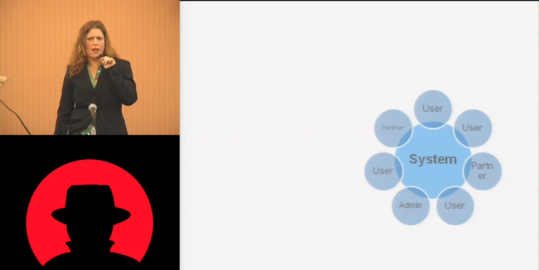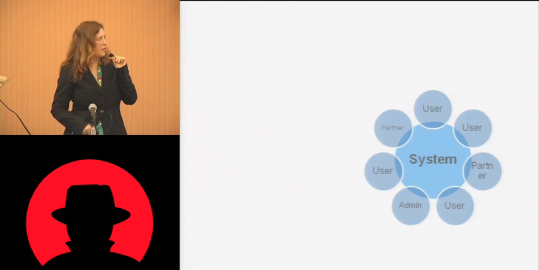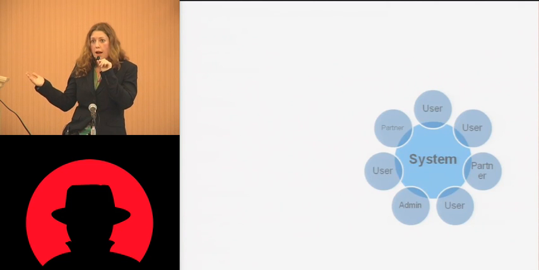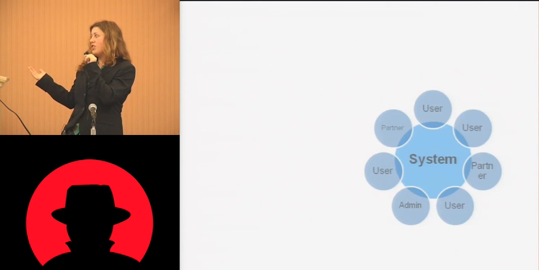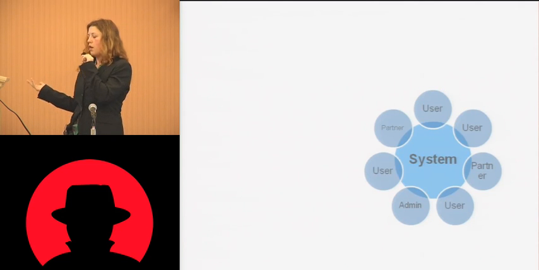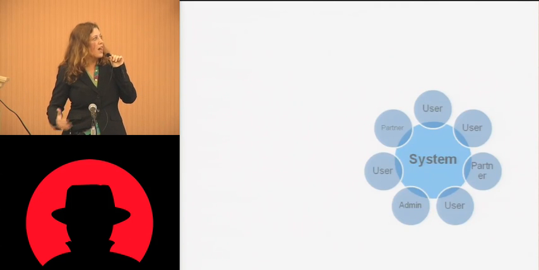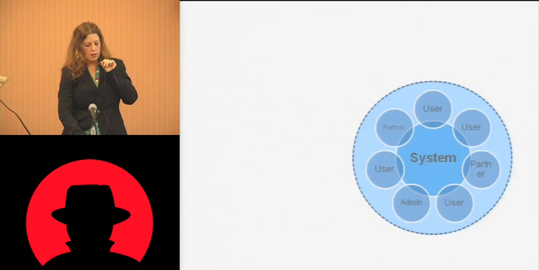However, that's not really the reality of how our systems work, right? No system is, what's the word? Wholly unto itself. No man is an island, and no system is either. Our systems don't exist just for their own purposes. They exist because we have users to serve or partners that we work with. And there's a lot of moving parts in our system, and a lot of things coming from the outside and connecting to the inside. It's how things work.